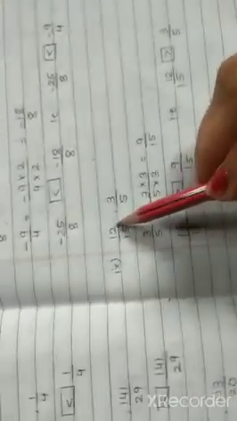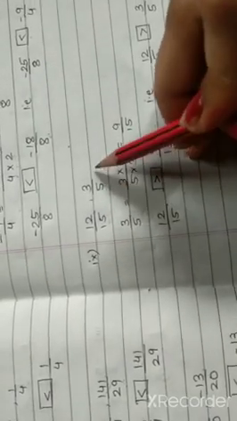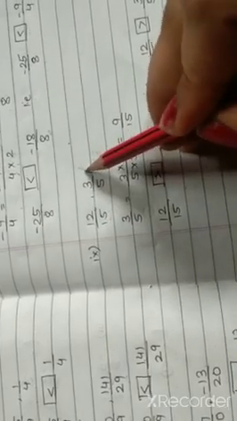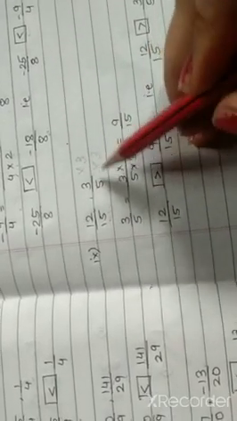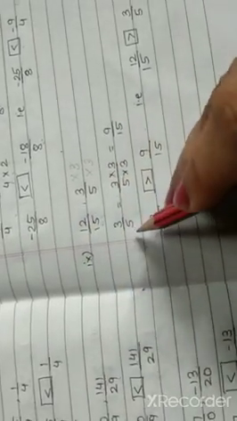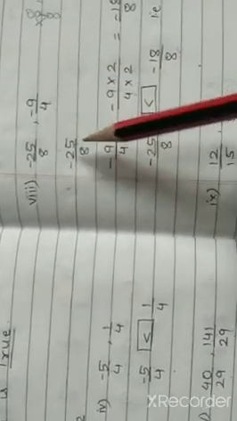Moving ahead to question number 9. The question is 12 upon 15, comma, 3 upon 5. Again, the denominators are 15 and 5. We can multiply this by 3 directly and the terms will be equalized. So multiply and divide by 3. The question is 12 upon 15, keeping this as it is. Here I have not written it out; in question number 8, I wrote it separately just for the sake of explanation.